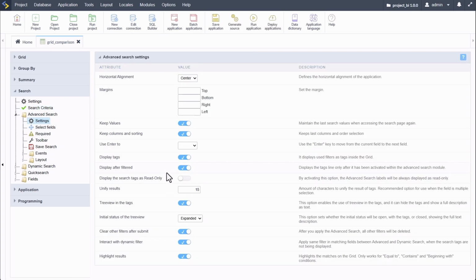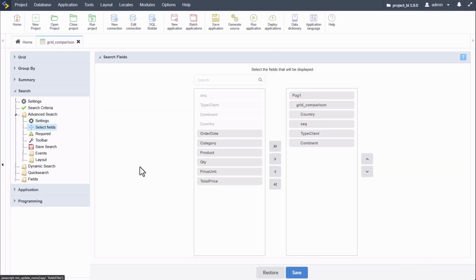And really, one of my favorite ones is straight away here, use enter to submit. So that when you press your enter key, it will search for you. So with that enabled straight away, we submit the form and it will search. Now we can select here our advanced fields, which are the same as those defined here within the search criteria,